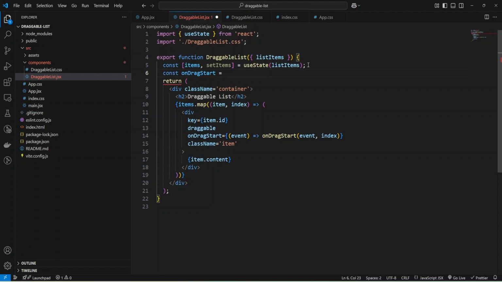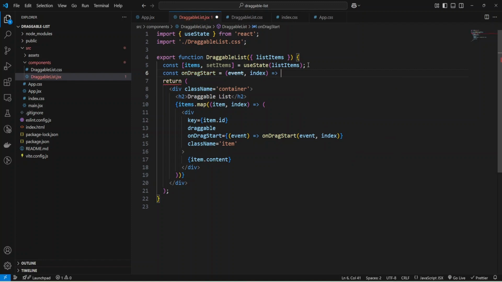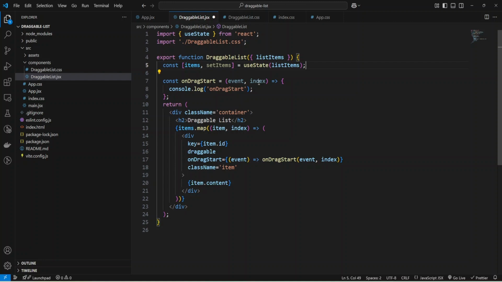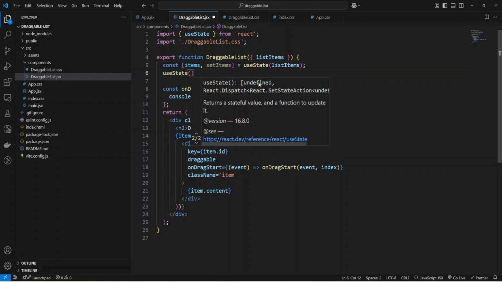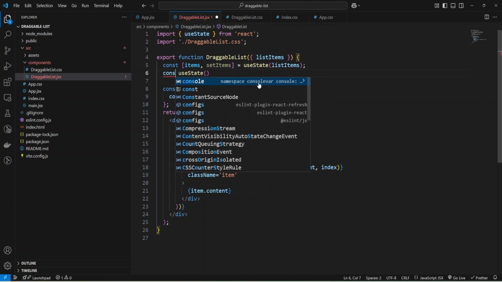Okay, and now we need to implement our onDragStart, and it will be an arrow function that will take event and also index, and let me do console.log and indicate onDragStart. And here I need one more state variable, and I'll add it with the hook useState, and I need my drag index.